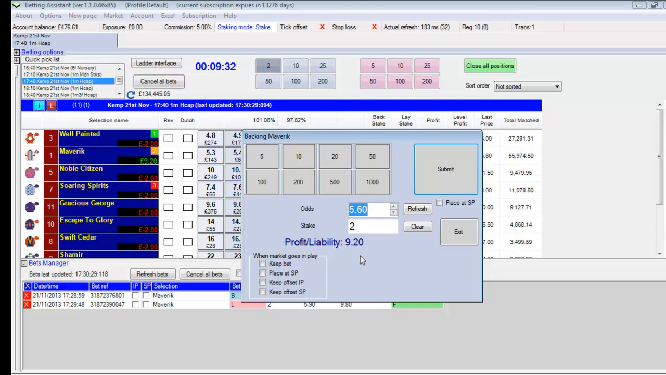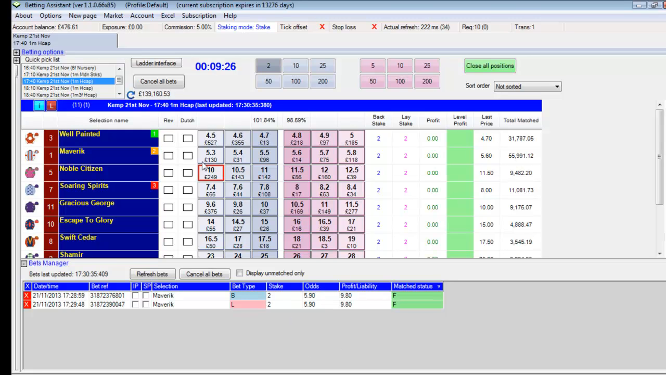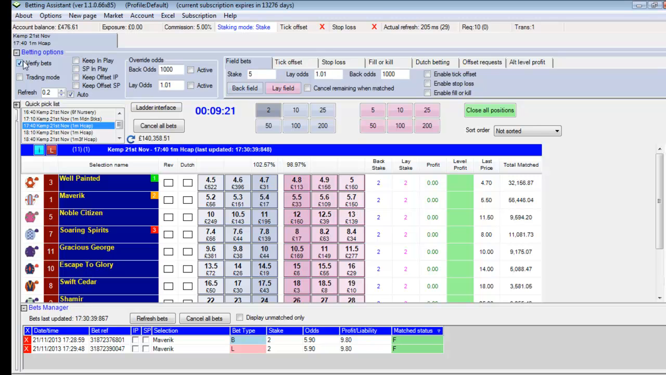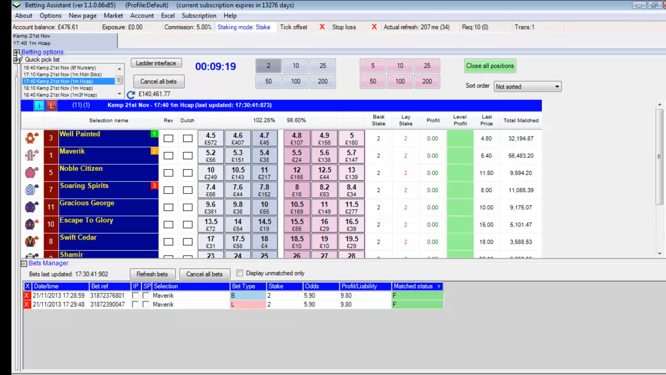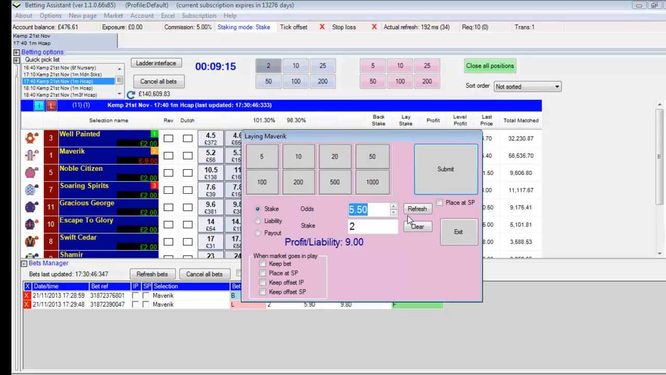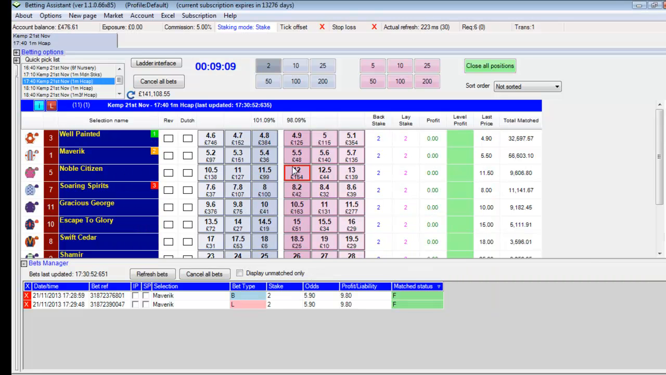So now I can decide whether I want to continue and submit the bet, or I can simply exit and it takes me out. The difference between having the verify bets enabled and not enabled, it's just when you're first using the software, it may save you some money if you accidentally click on any of these boxes, because I'm sure you wouldn't want to be laying horses at bigger prices,